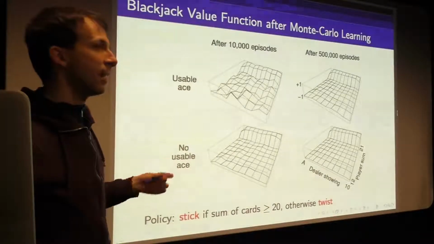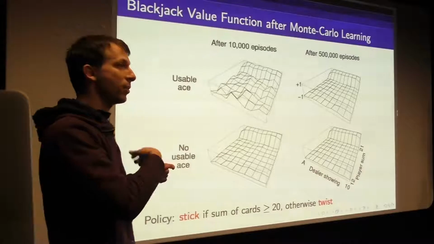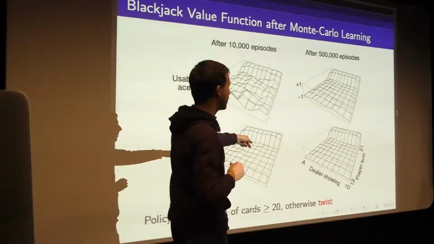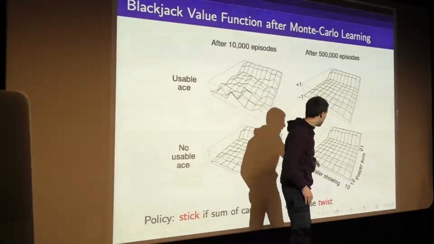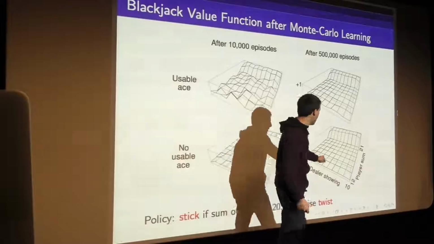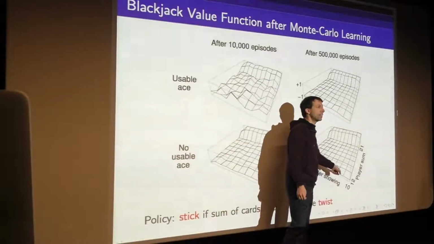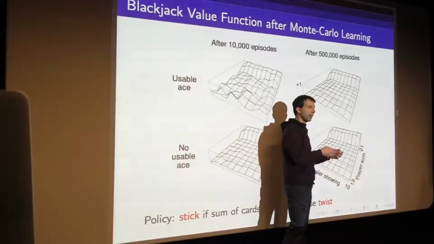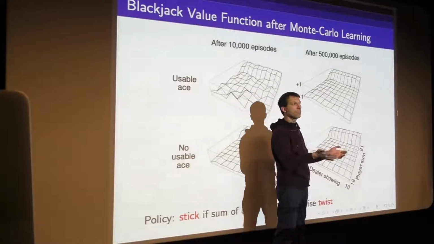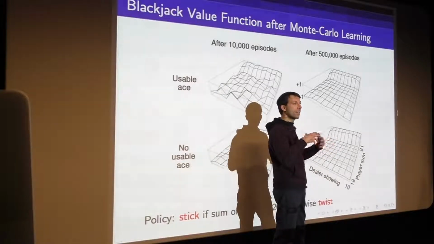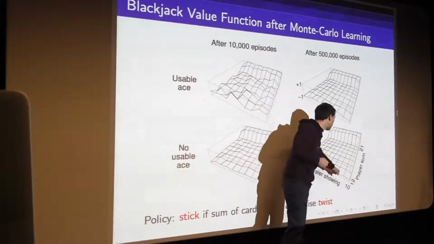Well, it's a little bit unclear, right? So it depends on the strategy the dealer's using to twist, actually. It might be that the dealer has the same strategy as us, in which case having something like a 7 or 8 is actually a bad situation for the dealer, because they will probably twist and most likely get a 10 again, and then they'll most likely twist again, and there's a higher probability of going bust